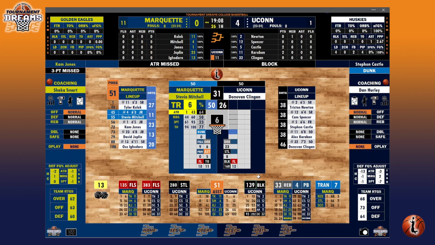But here a block occurred because the roll was 139. Donovan Clingan's range is 93 to 252 on the block chart. So a block has occurred. So we record the stats, the missed shot for Mitchell, the block for Clingan, and then the rebound dice will be rolled. So we click the playmaker icon to record the stat line, and the rebound dice is rolled,